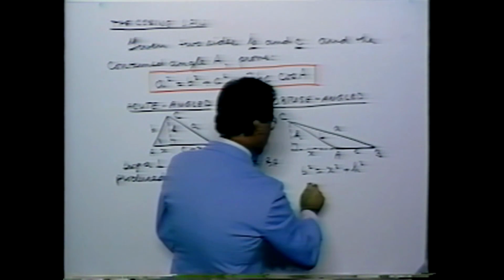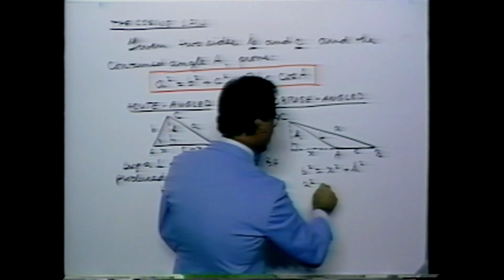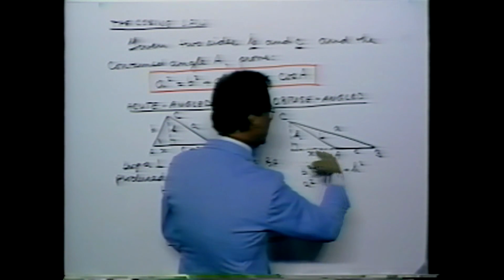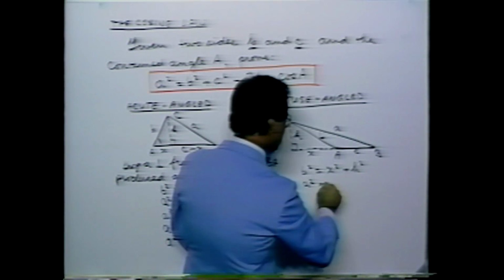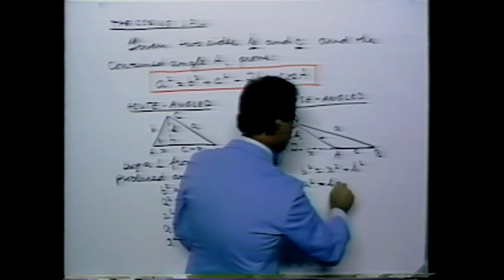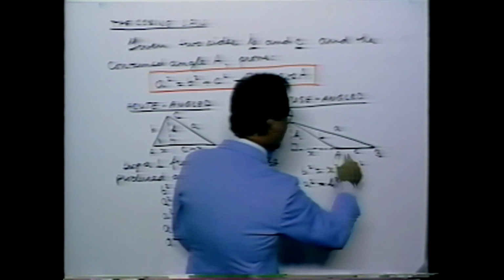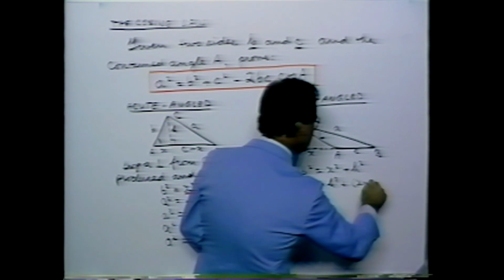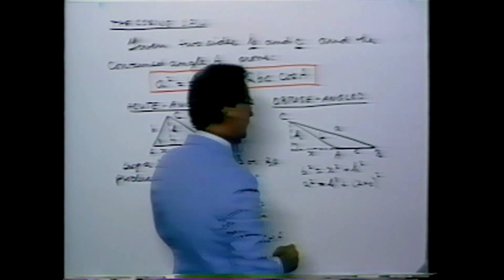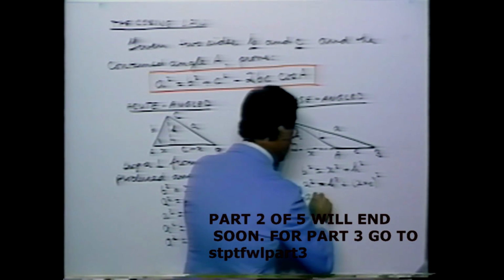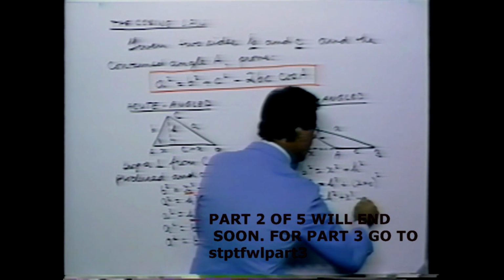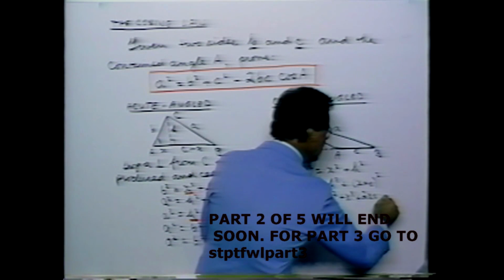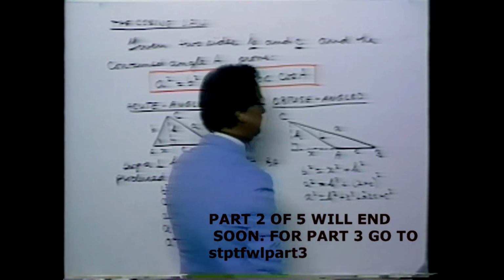Similarly, a squared in the large right angle triangle, a squared is equal to h squared plus x plus c quantity squared. Simplifying, a squared is equal to h squared plus x squared plus 2xc plus c squared. We have